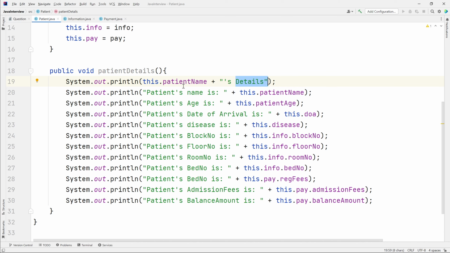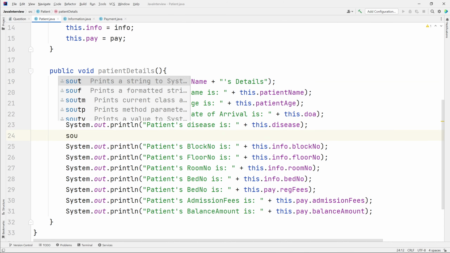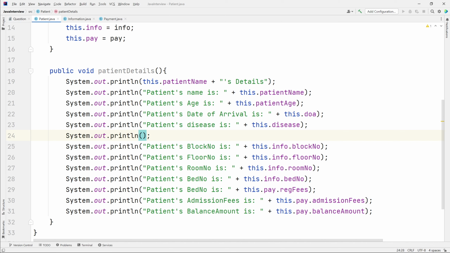When we run this code, we will see it. It will be nicer to look at. And then this is just an optional line I have written. After this, let me add one more line, this dot patient name, concatenating with the string apostrophe s, and I'm going to say information, and